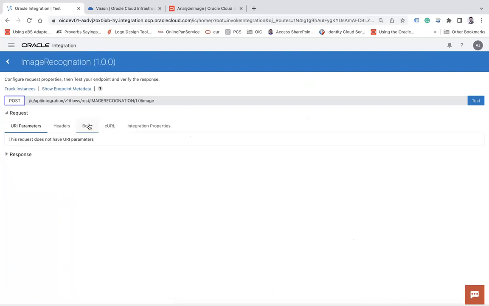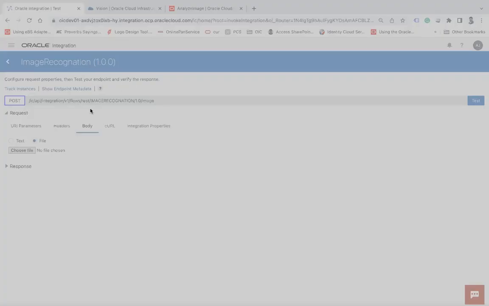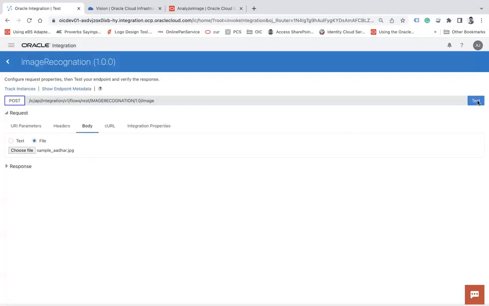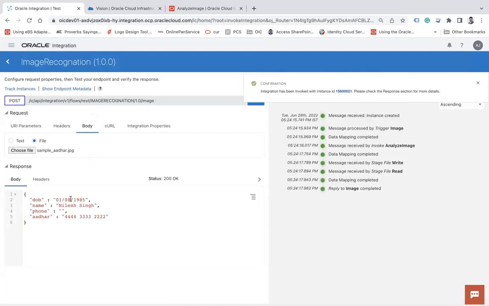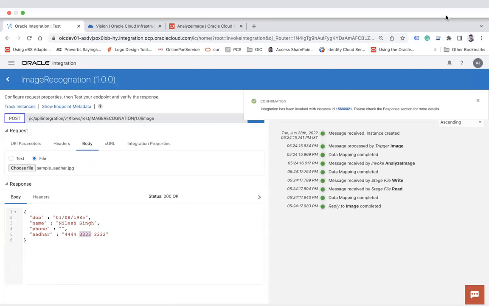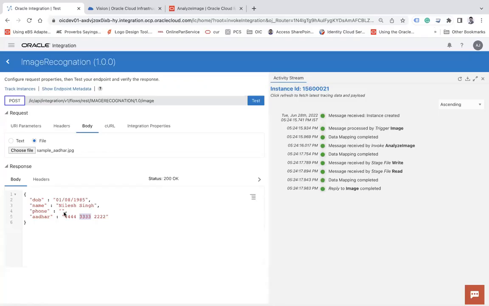Test OD. Let me choose the same Aadhaar card, the sample Aadhaar card, and test, and it will fetch me the information here. You can see DOB, name, and then Aadhaar number. Now you can see I am getting the DOB, the name, and then Aadhaar from the Aadhaar which I have